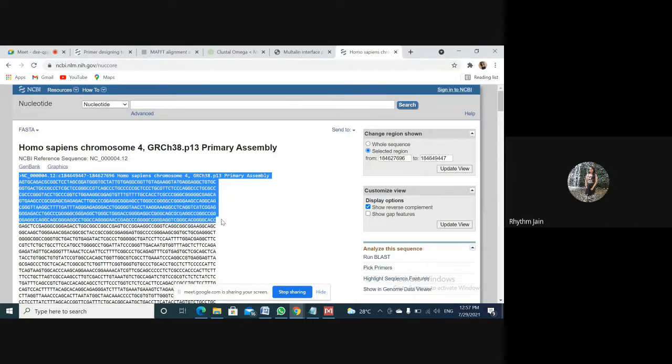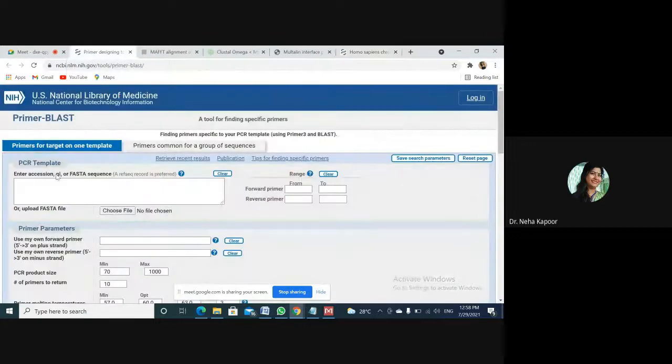Ma'am, will it take much time if we select the whole sequence? Yes, because if you want to amplify a very large sequence, the processing would be increased, as the background work would be increased. Okay, ma'am. I should drop that sequence here, right? Yes, you can directly paste it here.